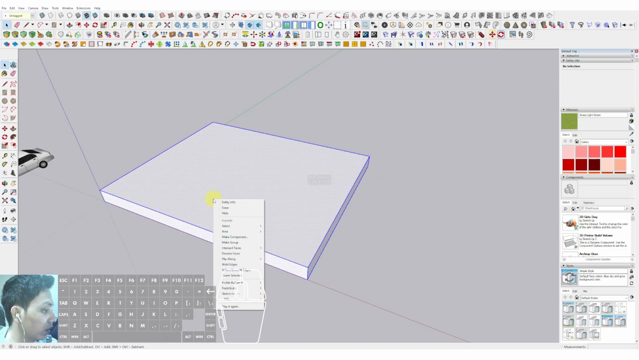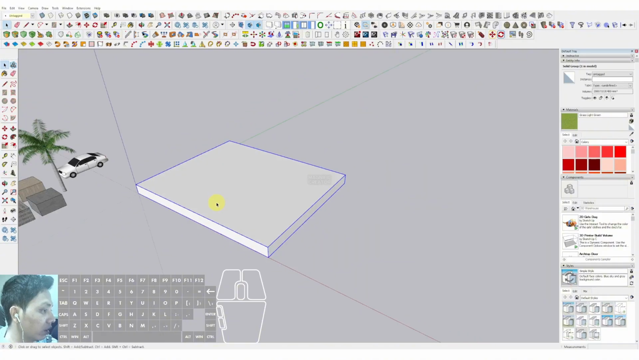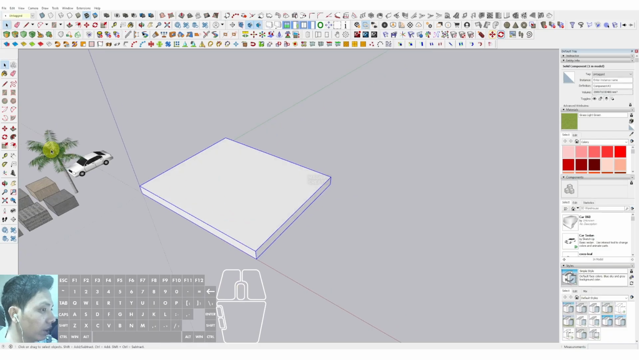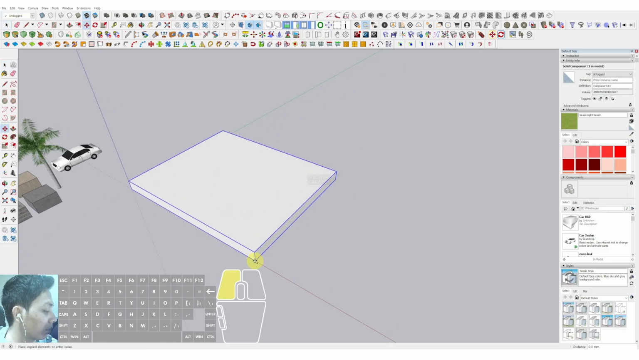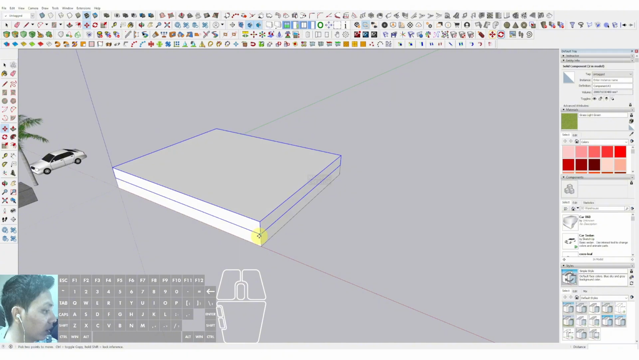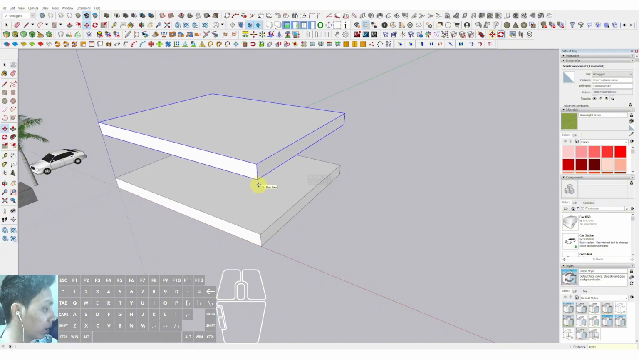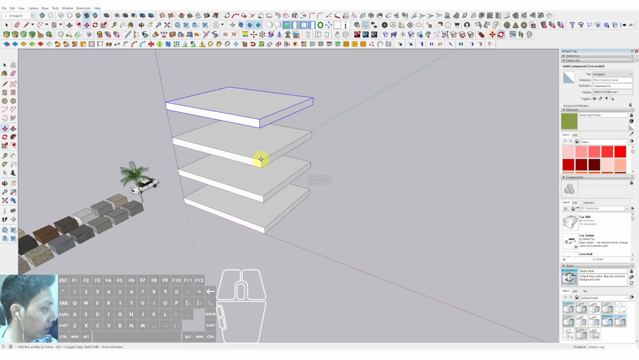Then we can triple click and make a group. Okay, then we can also make a component and just create it. Then we can select move and press control, and place it in this position. Then we can move it up around 4 meters, enter, and we can move it up again and again,